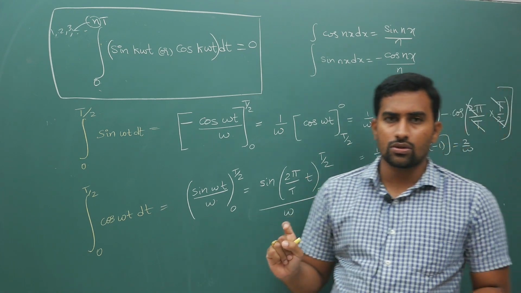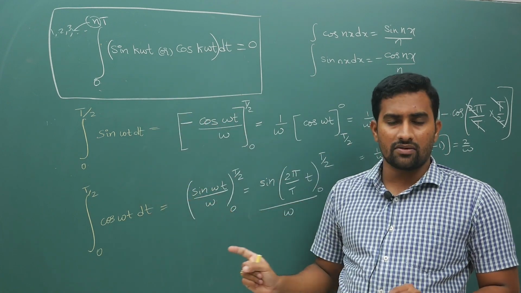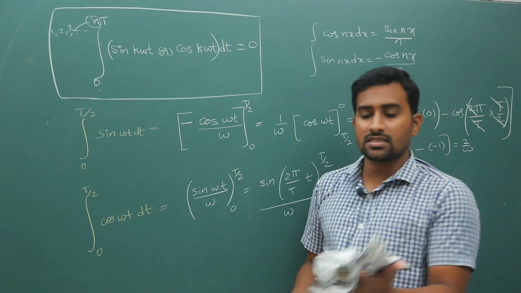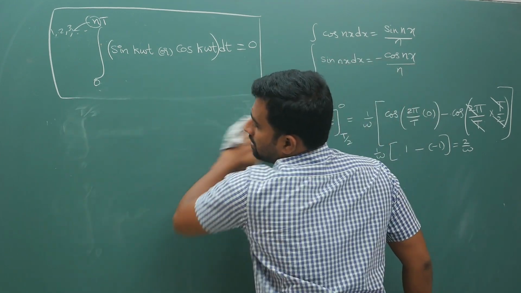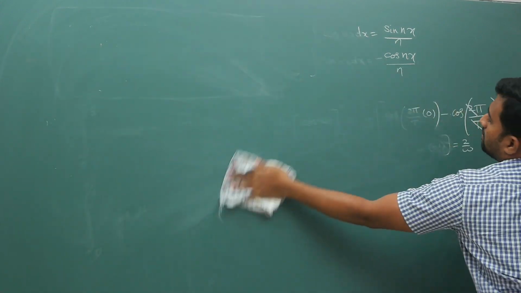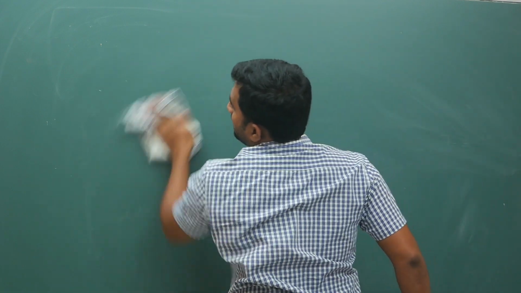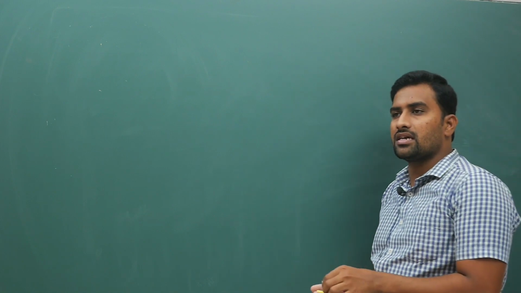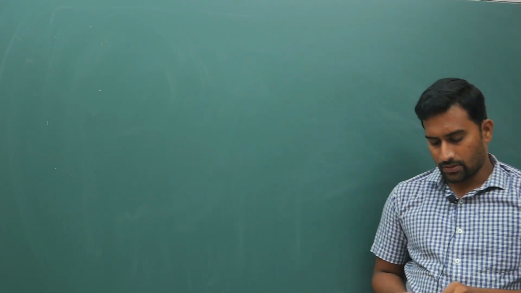So I have asked you to just remember these results, okay, and the maths part of it you just remember it like this, okay. Now next, let us take sine square value, okay. So all this is maths, okay. To define and understand the average values better, we are learning this, okay. So now your integral of sine square and cos square values for half cycles we should know. We will do that in terms of problems, okay.